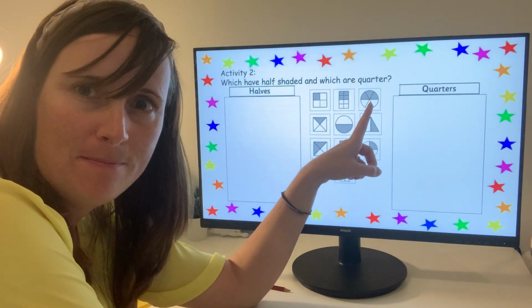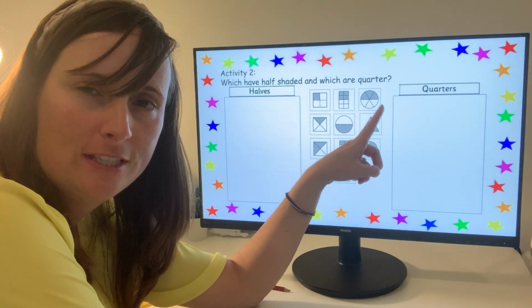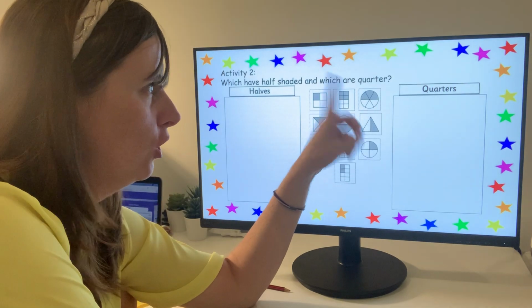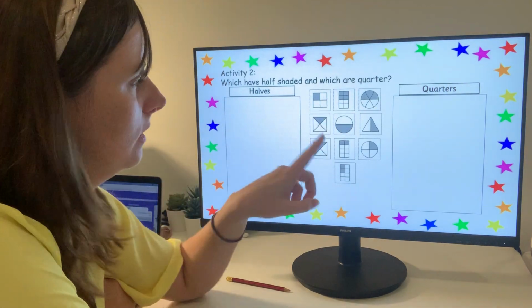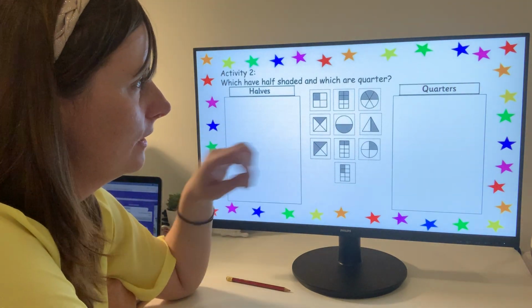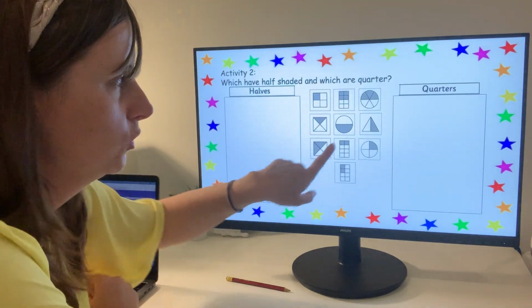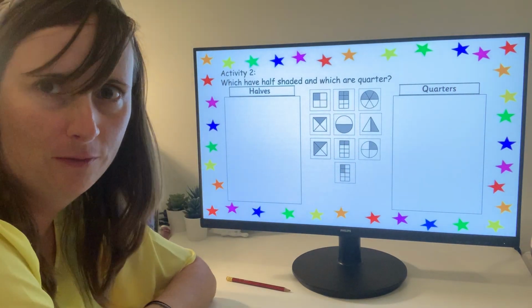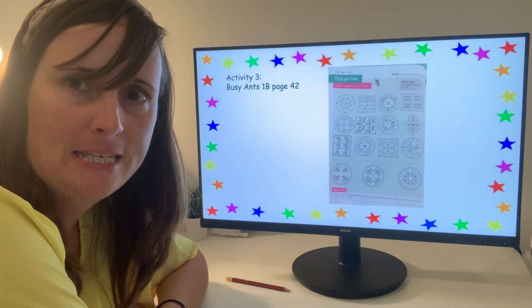Here we've got 3 pieces out of 6 coloured in. You can tell from the colour as well that we've actually got half coloured in. So have a look at these and think which ones are halves, which ones are quarters, and you can just move them around. Then we have Busy Ants page